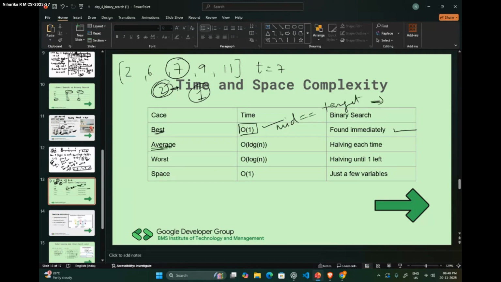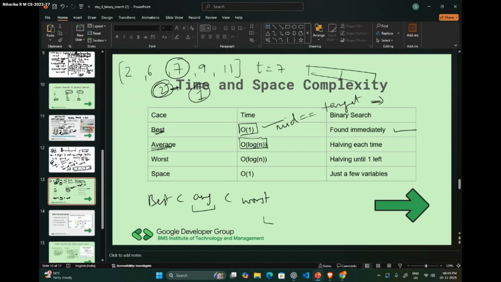Average case is log of n. When do we get log of n, guys? When the size of the array reduces by half every time we iterate, we get log n, right? Average case is not like the average of the best and worst case.